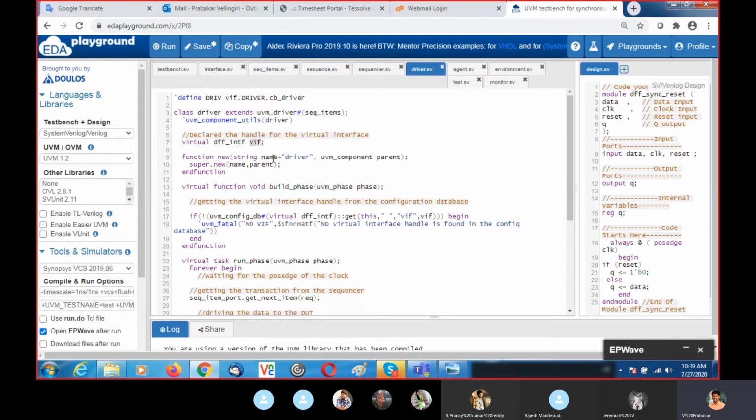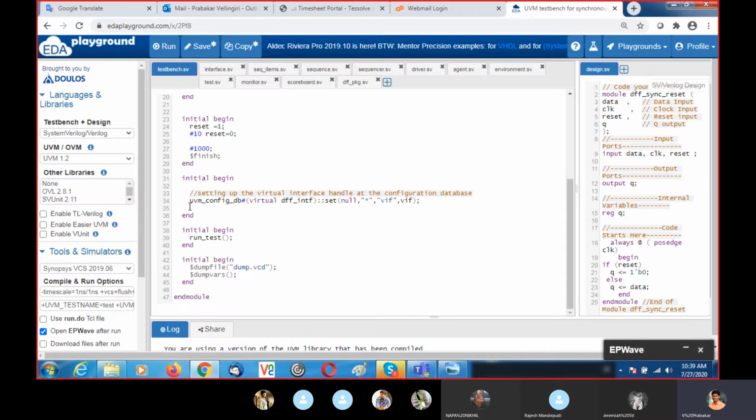But the handle is available in the config DB, which is set here. In the top module, we set the actual physical interface to the VIF. Right. So this one I need to get in the driver part.